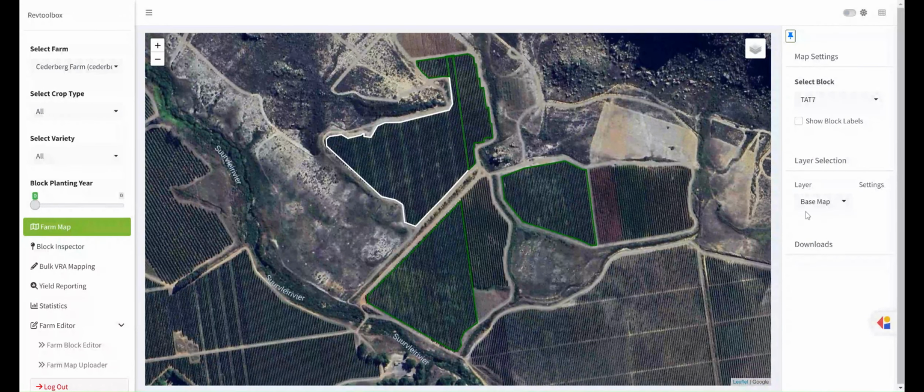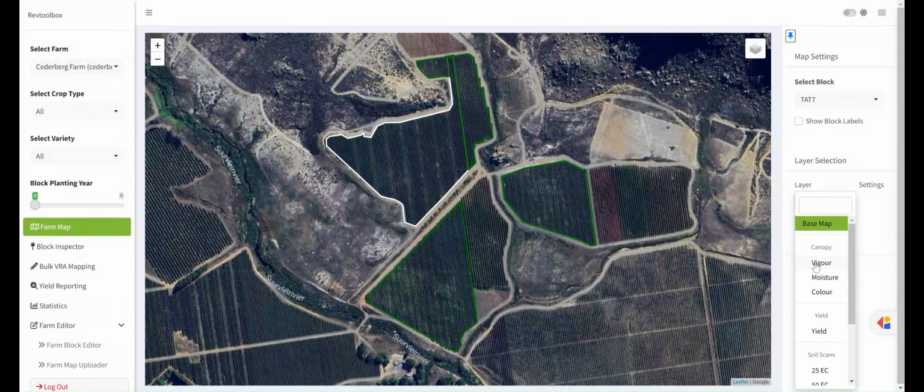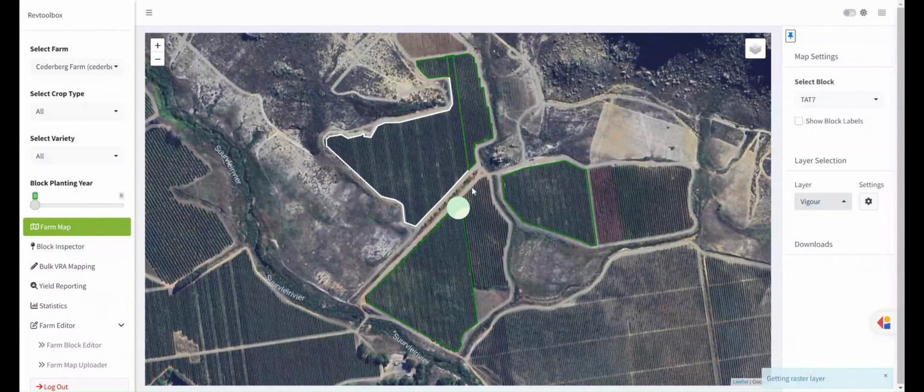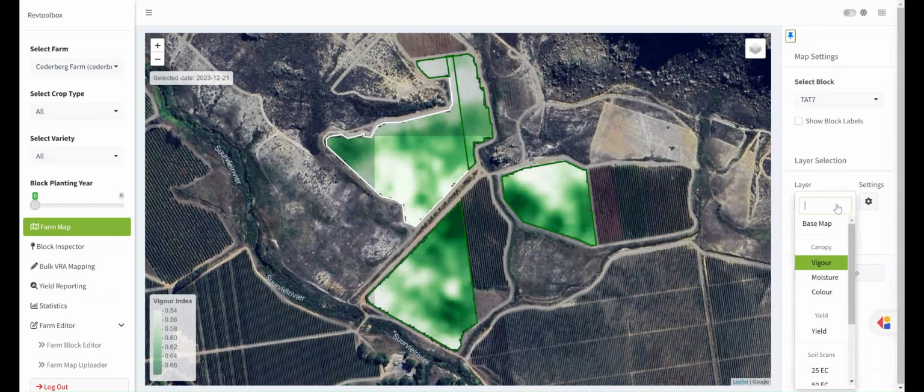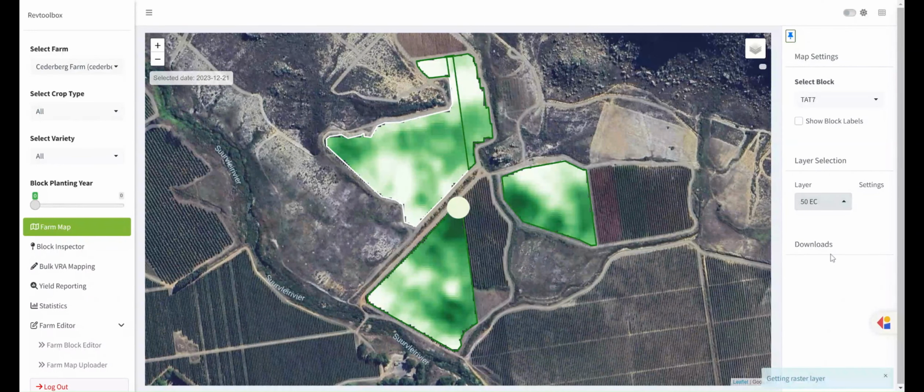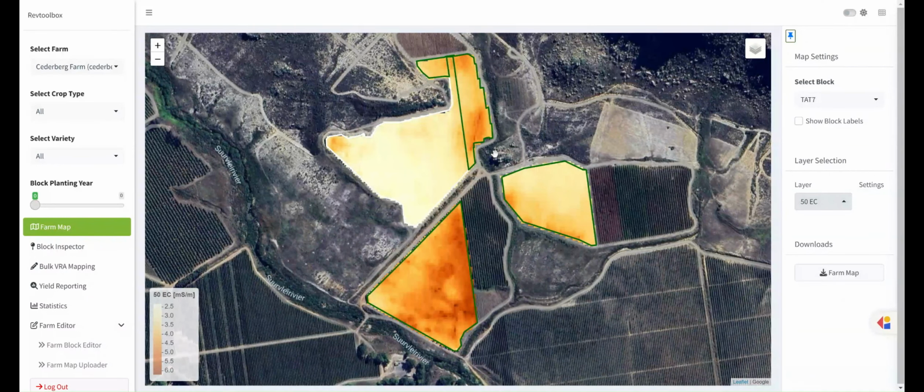In this first episode, we would like to introduce you to our RevToolbox platform. From the Farm View page, you can inspect your entire farm's data on one scale and filter blocks by crop type or even cultivar. In this example, our low-resolution satellite Canopy health maps are being compared to our EMI soil